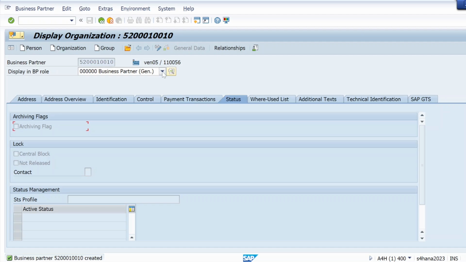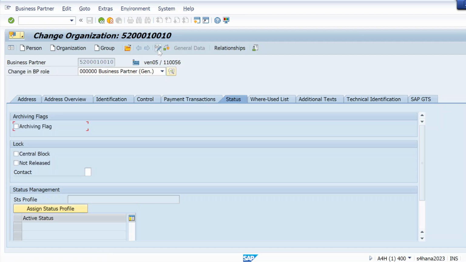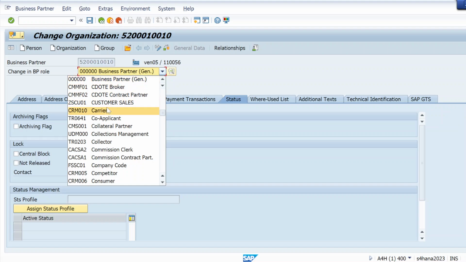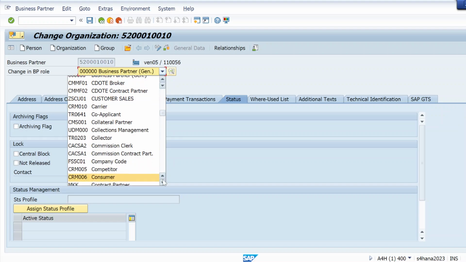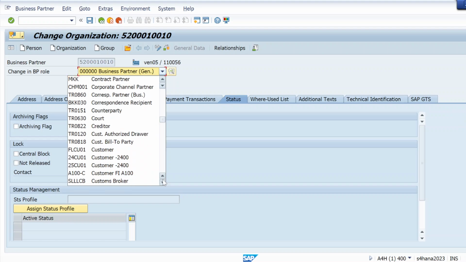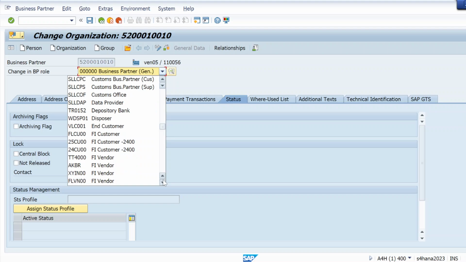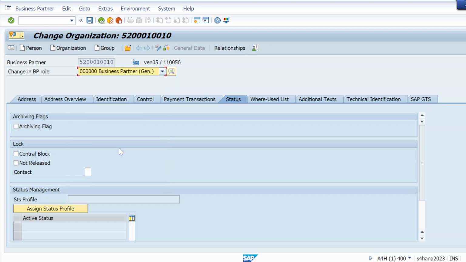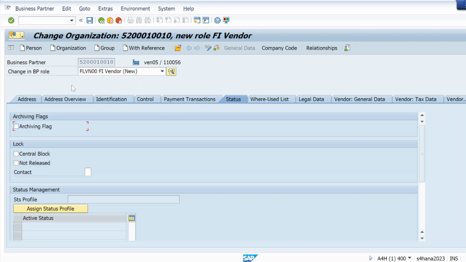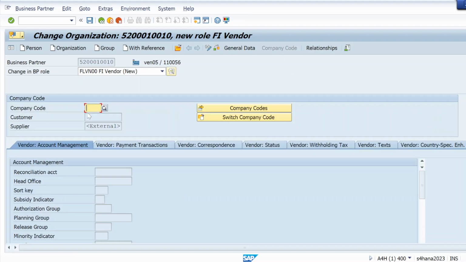BP is created. Now I will click on change and select FLVN00. So let me select from here, right? Check or hit enter and click on company code data.